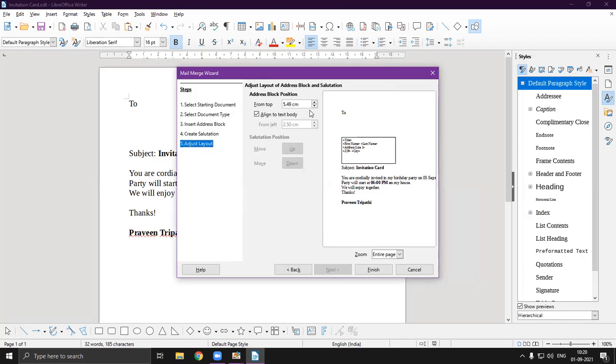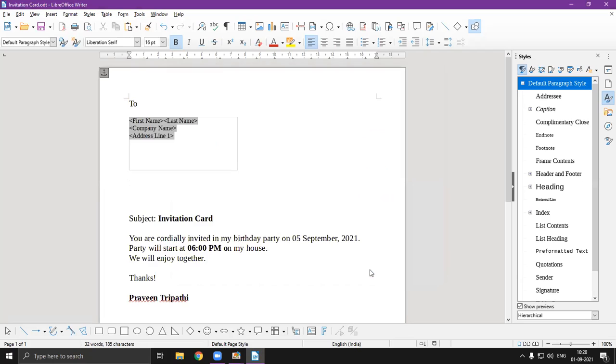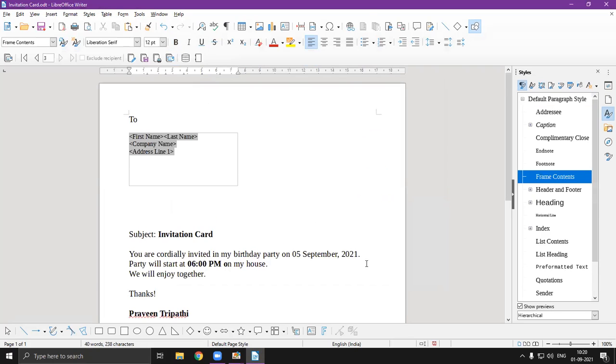आपका लेआउट आप इसको कैसे करना चाहते हैं। तो यहाँ से आप इसको एडजस्ट कर सकते हैं, ये देखिए मैं इसको थोड़ा सा एडजस्ट कर देता हूँ, जस्ट लाइक दिस, ओके। और अगर आप इसको नहीं करना चाहते हैं तो आप जैसे बाय डिफॉल्ट है वैसे भी आप इसको कर सकते हैं। फिर आप देखेंगे फिनिश। अब आप लोग मेरे से क्वेश्चन पूछेंगे कि सर यहाँ पर फर्स्ट नेम, लास्ट नेम, कंपनी नेम, एड्रेस लिस्ट, ये तो मेरे को कुछ दिखाई नहीं रहा, ये तो केवल फील्ड नेम को दिखा रहा है। तो आपको अगर इंडिविजुअल डॉक्यूमेंट्स देखना है तो यहाँ पर देखिए मेरा मेल मर्ज विजार्ड का एक अलग